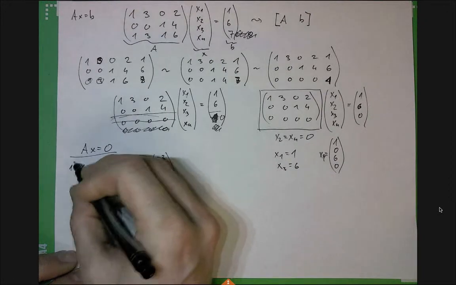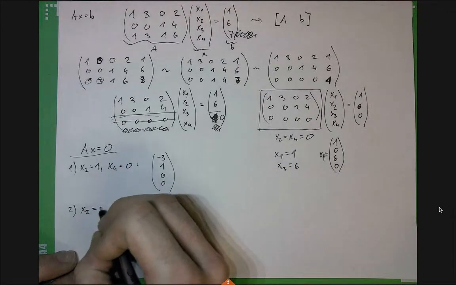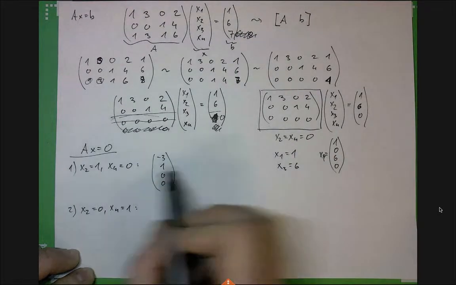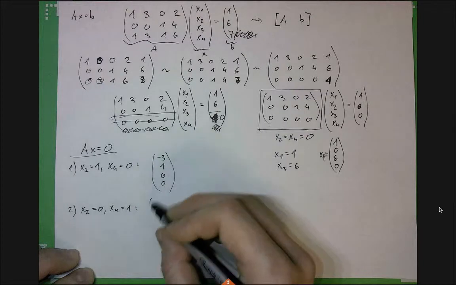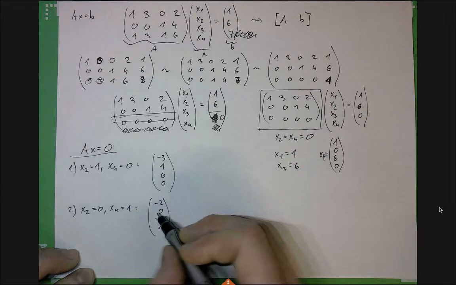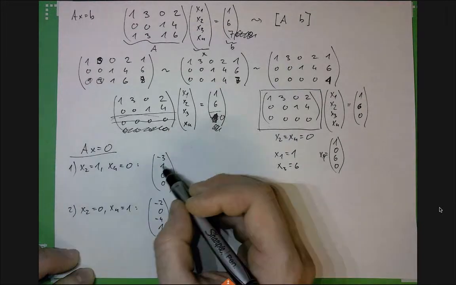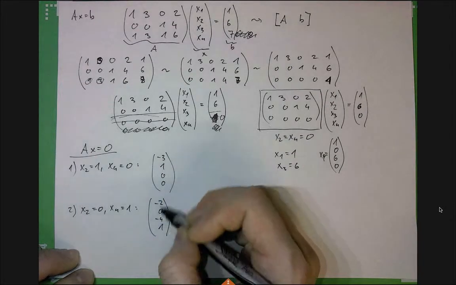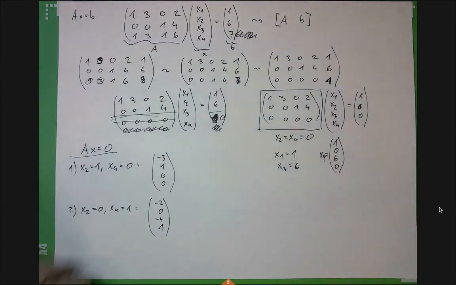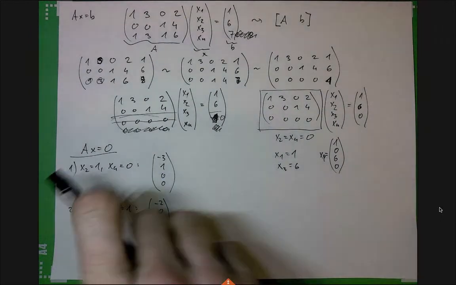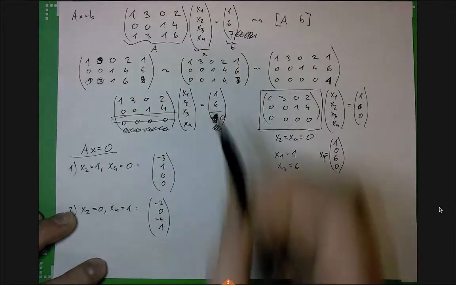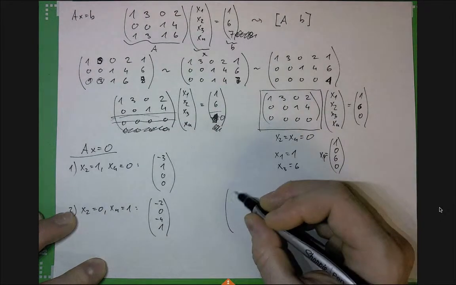And the second case is if I pick x2 being 0 and x4 being 1. In which case I get -2, 0, -4, 1. So this is the x2 is 0, x4 is 1. Here x2 was 1, x4 was 0. And these numbers correspond to the pivot variables, and these I compute simply by back substitution, taking the special case. So the set of all solutions of the system can be written like this: particular solution